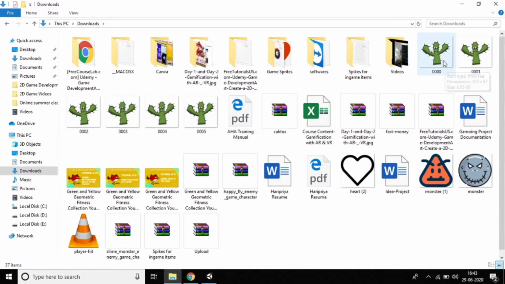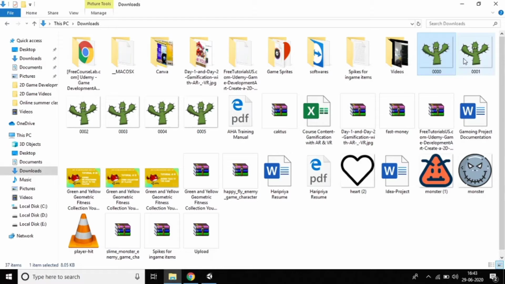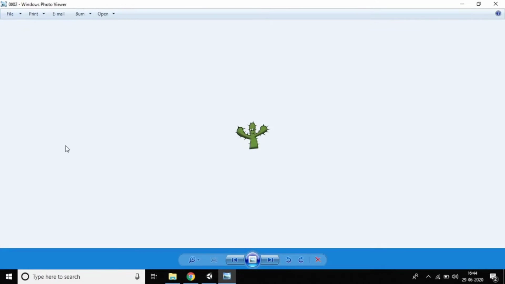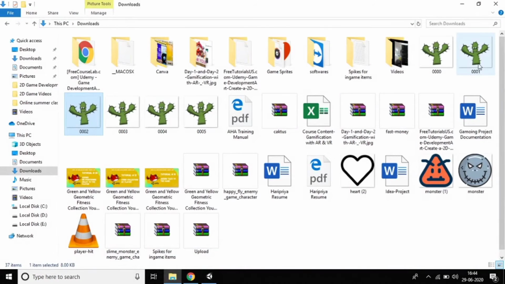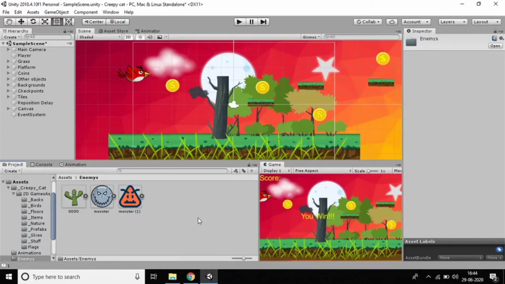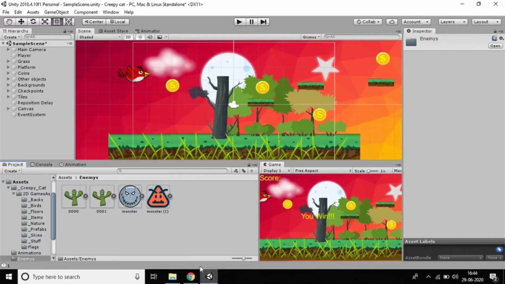Yes, you can see these many characters are available. Just drag the one you want. I'm dragging this one because, as you can see, these many characters are available here. With these characters you can make animations. So we can make animations also. Just drag every character here. The third one, we will make animations for this also.